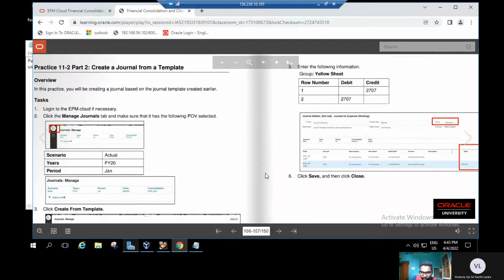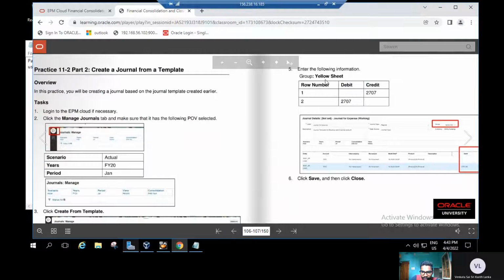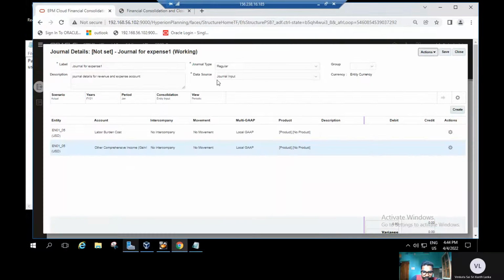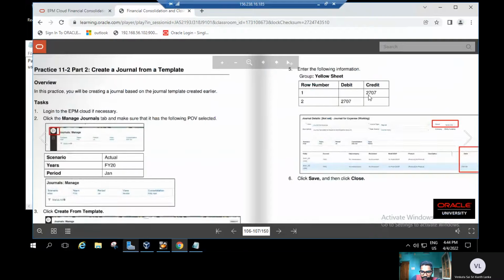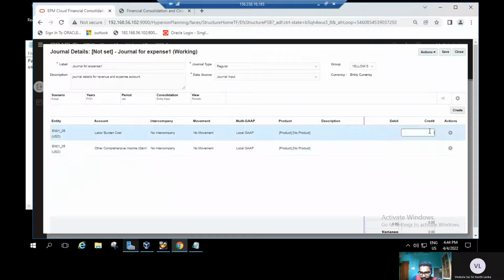Then the fifth point: enter the following information for the yellow sheet. You need to select the group as yellow sheet. Here you need to select the sheet as yellow sheet, and you need to enter the debit and credit amounts. In the first row you need to enter 2707 under credit, 707, and for debit